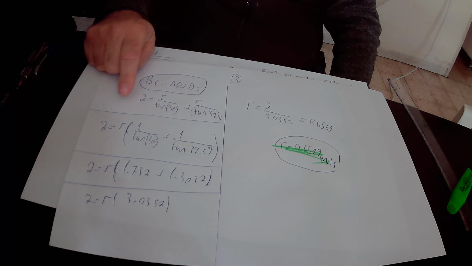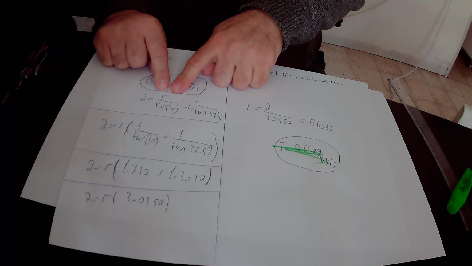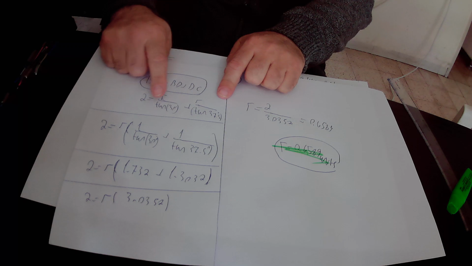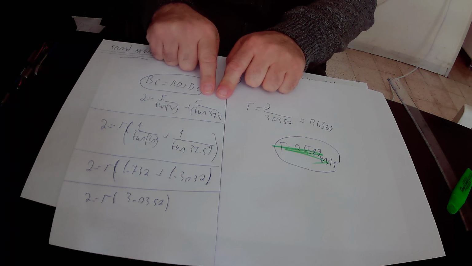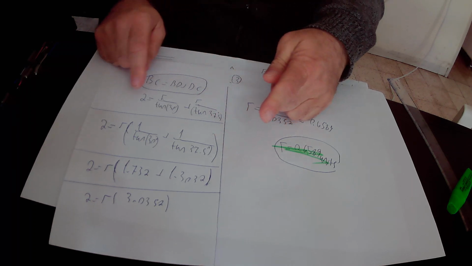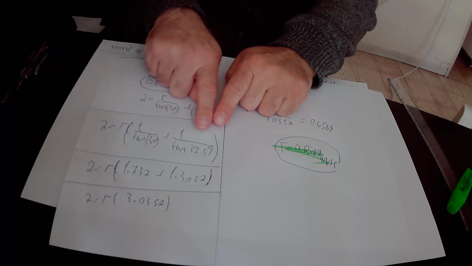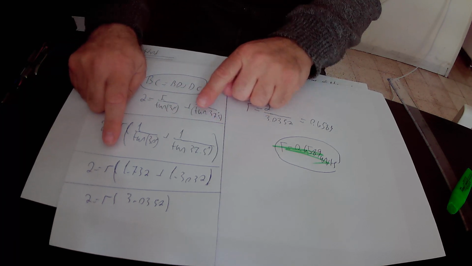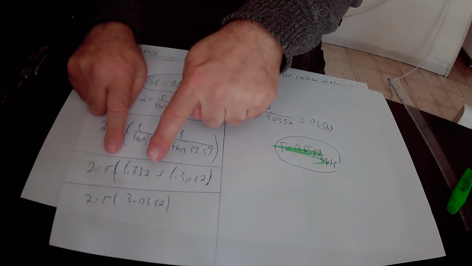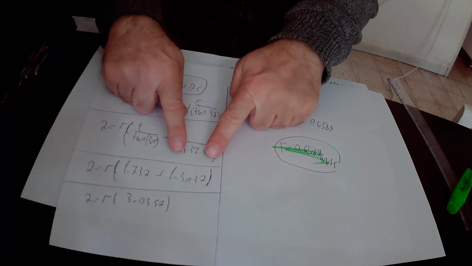So 2 equals, we took R out as a common factor from those two expressions. What is left from the first expression after we took R out as a factor? It is 1 over tan 30 degrees. What is left from the second expression? It is 1 over tan 37.5 degrees. So in conclusion, 2 equals R times 1 over tan 30 degrees plus 1 over tan 37.5 degrees. So 2 equals R, and 1 over tan 30 degrees is 1.732, plus 1 over tan 37.5 degrees is 1.3